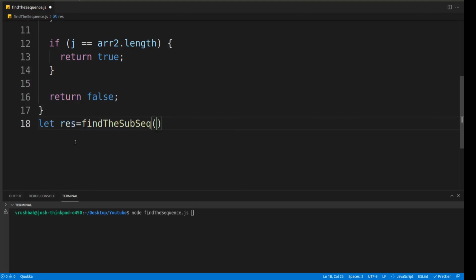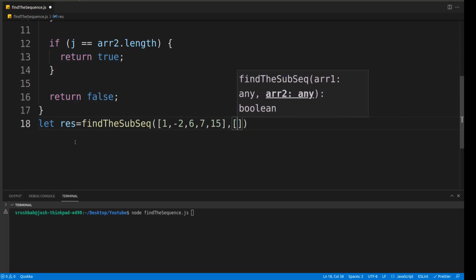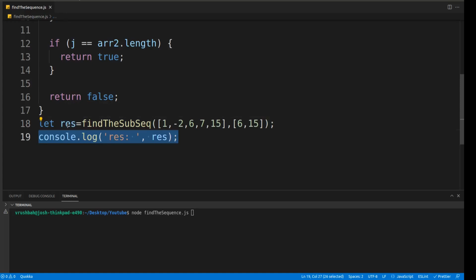It will have the main array as 1, -2, 6, 7, maybe 15, and our sub array as, let's say, 6 and 15. Now the output should be true because we have the subsequence in our sub array. So let's run it. Yeah, we are right. Our function is working fine.